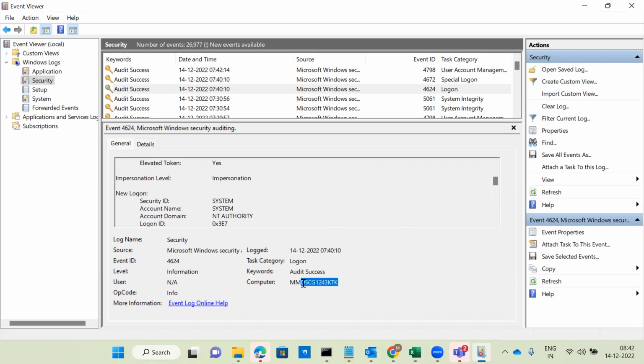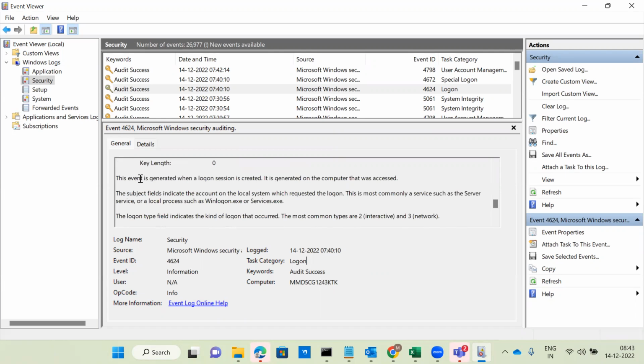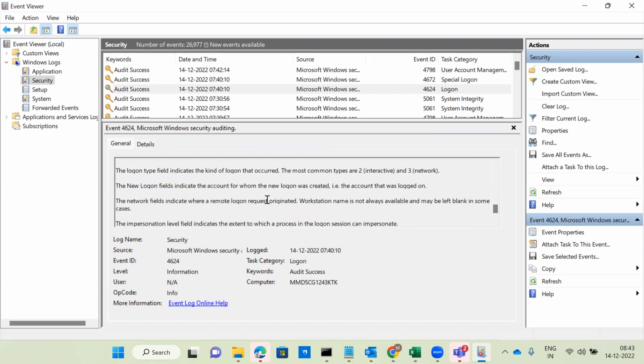Computer name of this so-and-so user, he logged on at 14/12/2022, 7:40. So you have to say this in the log analysis. And there is more information here: this event is generated when a logon session is created. You have to go through all these. For every log, we have to identify this information.